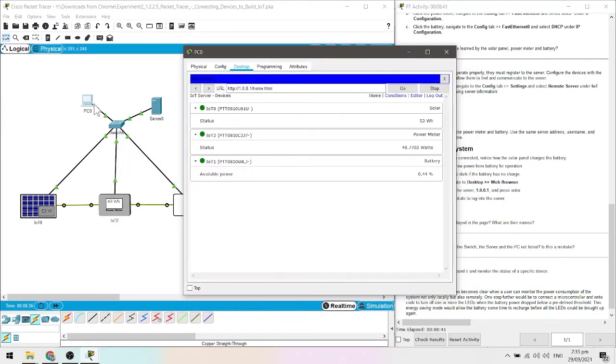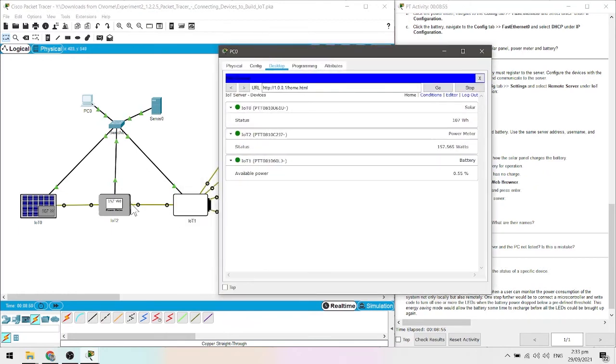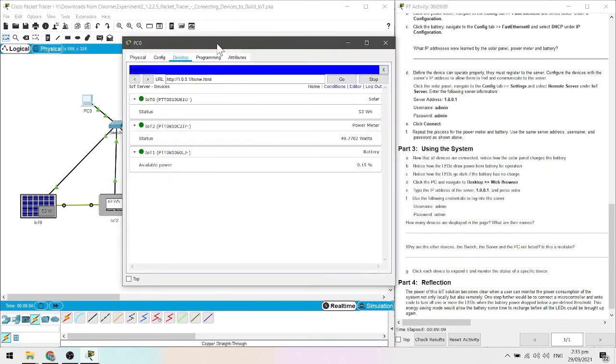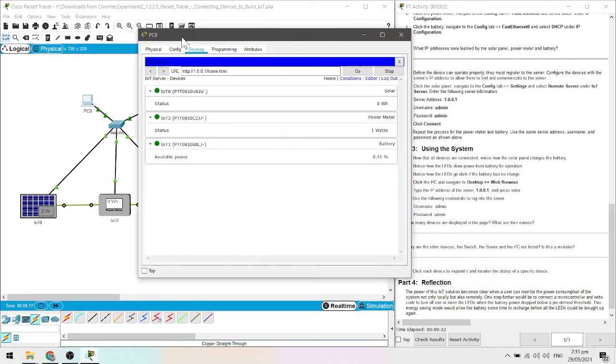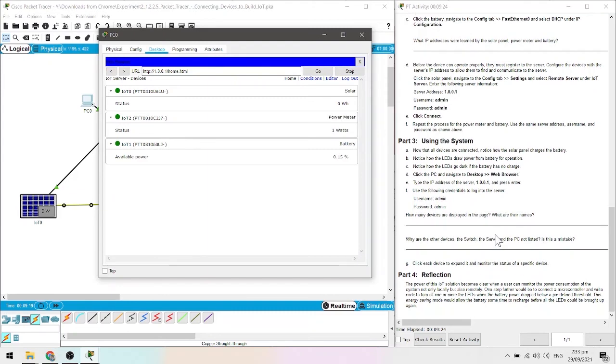Kasi, itong PC, component yan para makapag-communicate yung tao doon sa server. Ito naman, server, sa kanya nakaregister yung IP addresses nitong 3 IoT devices. So, paano sila nakakapag-communicate doon sa server? Gamit yung switch. Yung switch ay bridge ng PC, ng components, at saka ng server. So, ayun. So, dito, sa PC screen na to, kaya 3 lang yung nakikita natin kasi pinapakita lang dyan yung components na nakakonekta sa ating server. So, yun. So, para sa ating reflection,